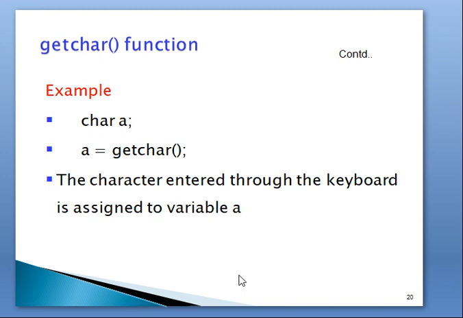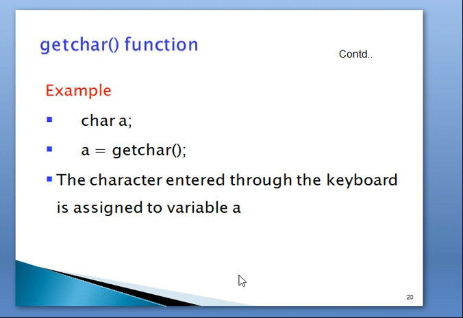GetChar function example. First we will declare a character variable by using the char keyword: char a; a is equal to getchar function.